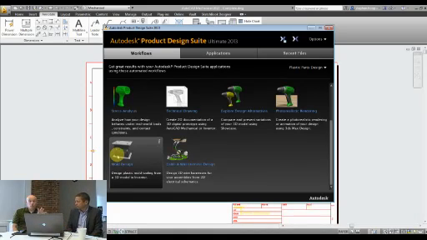So if this is something that you do in AutoCAD today, with Product Design Suite, you could start to dabble in automating other parts of these workflows, which would be a great way to just start getting engaged with that. Absolutely. Any other questions? All right.